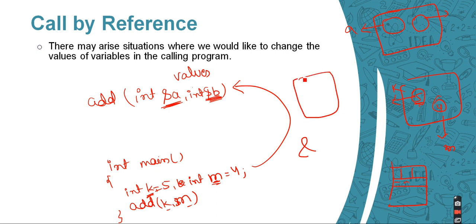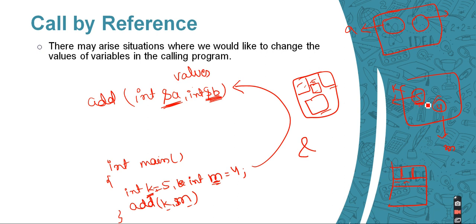Just like in the real world, we have different houses, different locations, and every location has a separate or unique address. I'm living in India, you are living in Kenya, you are living in Indonesia. So everyone has a different location, a different address. In the same way, in memory there will be different memory locations, with different addresses for each.